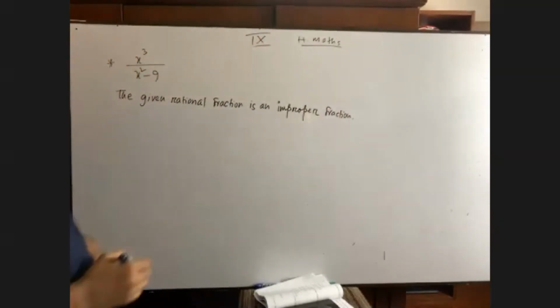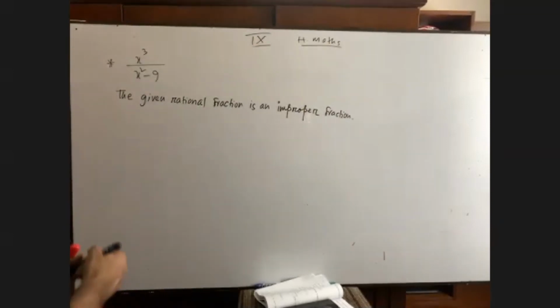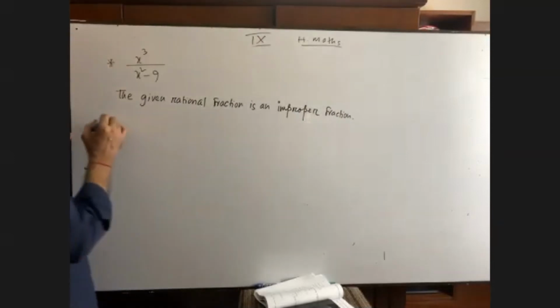At first you have to write it. The given rational fraction is an improper fraction. And if you come to know any fraction is an improper fraction, then you have a function to perform. What is the function? You see, write down therefore